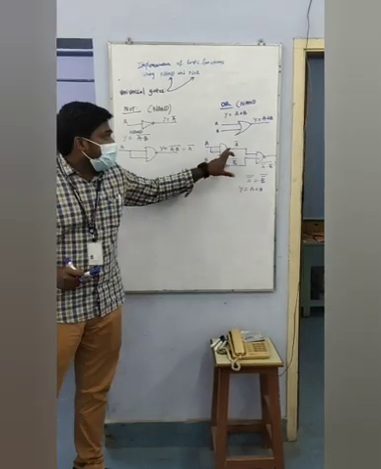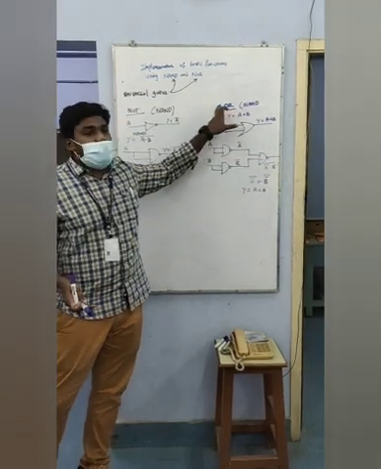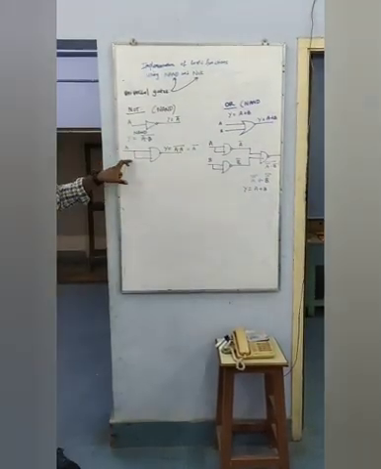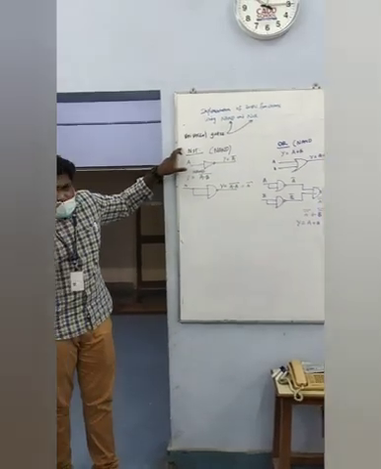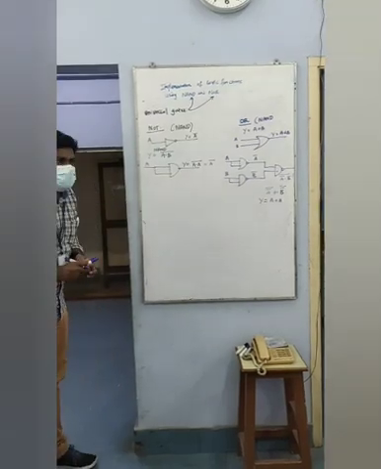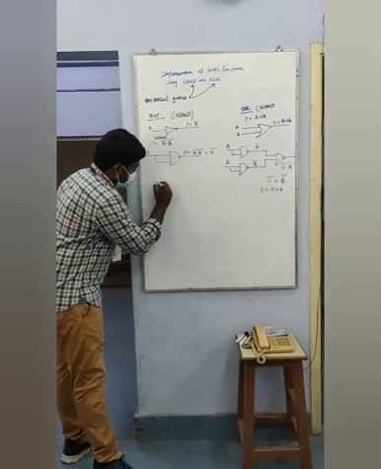So by using 3 NAND gates, what you can implement? You can implement your OR gate. You understand? By using 1 NAND gate, you can implement your NOT gate. By using 3 NAND gates, you can implement your OR gate. Now, what is the other gate which is left out? AND gate. Now, let us implement our AND gate.